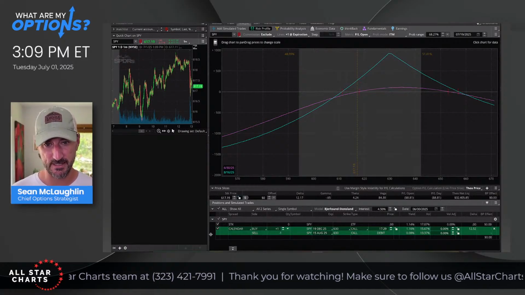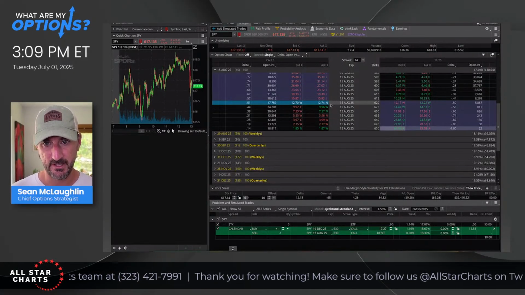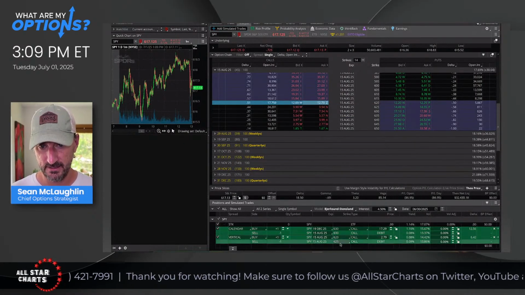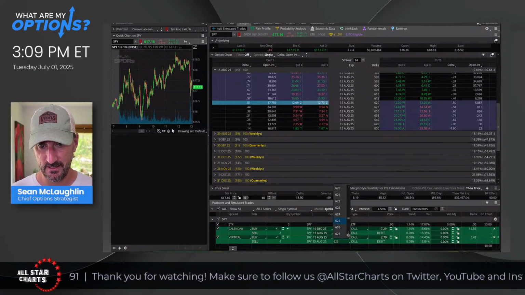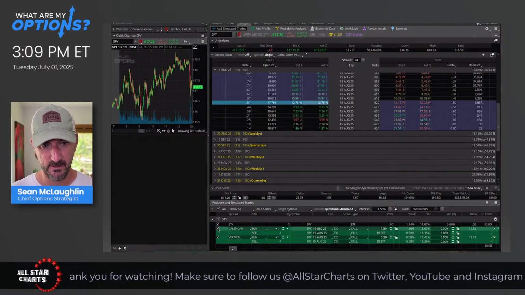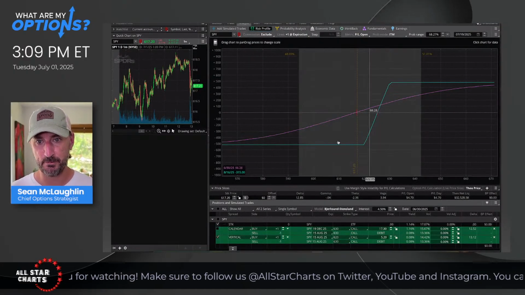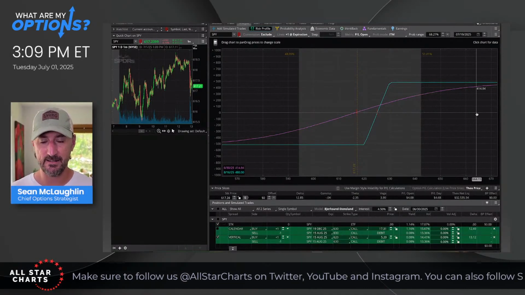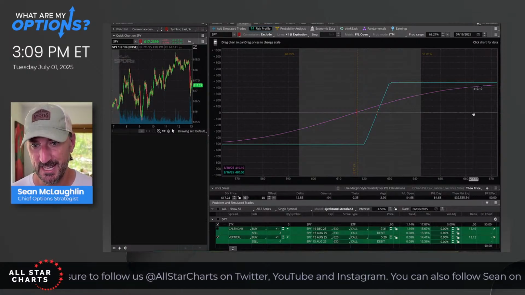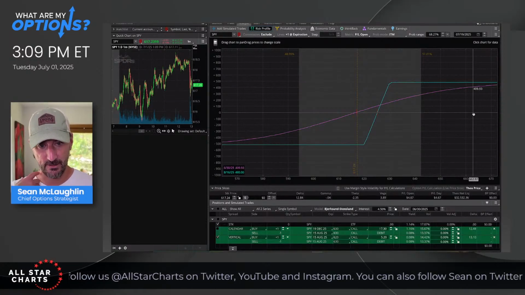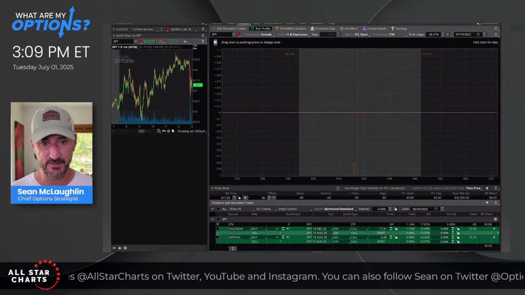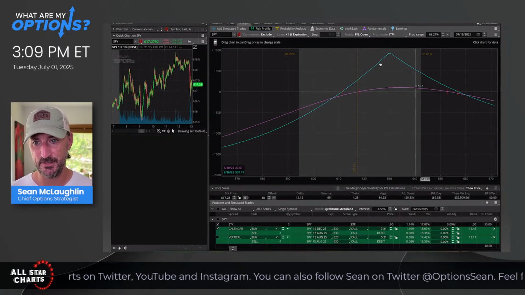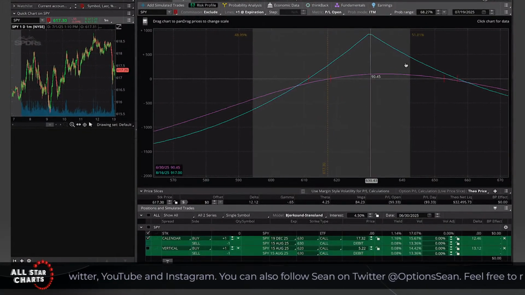With a vertical spread, let me set up that vertical spread here real quick. Analyze a vertical spread, 620, 630. There we go. Okay. So with a vertical spread, we clearly are bullish here, right? We want the stock to go higher, and I make money if it goes higher. I lose money if it goes lower. Now with the call calendar spread, the P&L graph looks different. In fact, it gets negative once you get past the strike of 630.